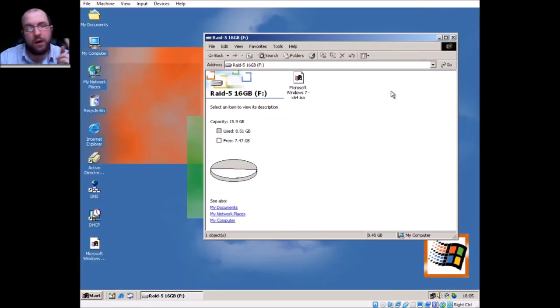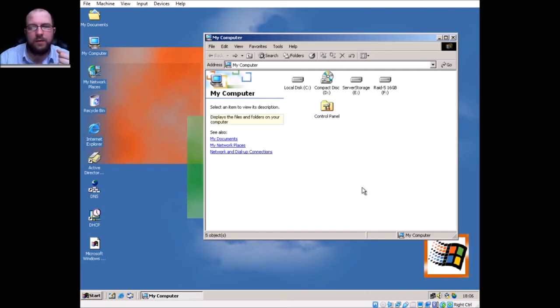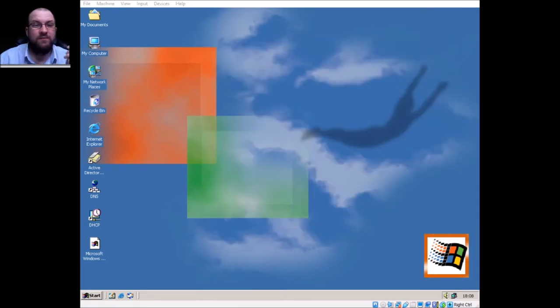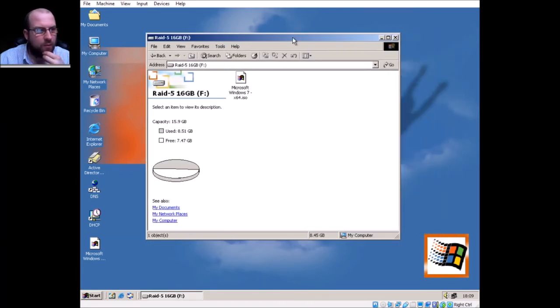So what I'm going to do, I'm going to simulate one of my drives failing, and where a drive would fail, it happens, it does happen. So I'm going to simulate that, so I shall be back momentarily. So what I've done, I've taken one of the drives out of the RAID, and this RAID will still function. Let's go into 16 gigabyte. Let's have a look. What is the capacity? The capacity is actually there. It thinks it's got